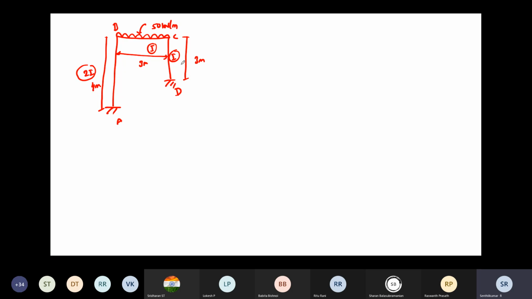I think you can easily find out that this is a sway frame because it's not symmetrical. We have an unsymmetrical frame in terms of geometry. 2I and I are there, and the column length is varying. So obviously this is a sway frame. If you go for the slope deflection method, you will identify one more equation, called the shear equation, to solve for delta. We know that because of the sway action, one delta will be there.